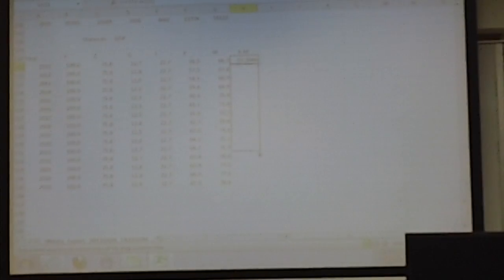Now this equals that. He's finding exports minus